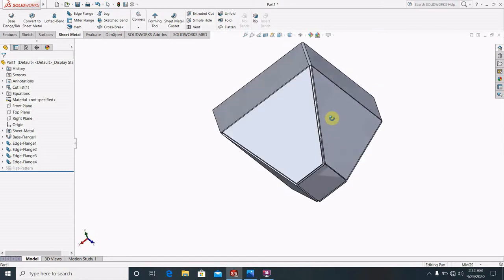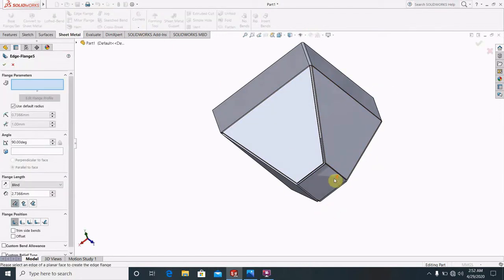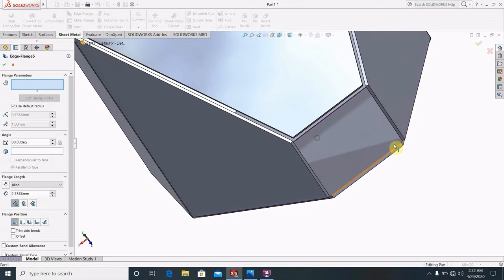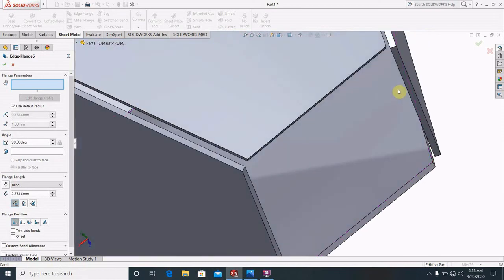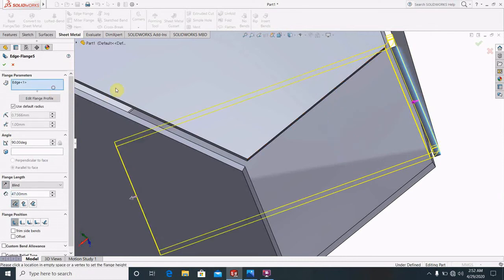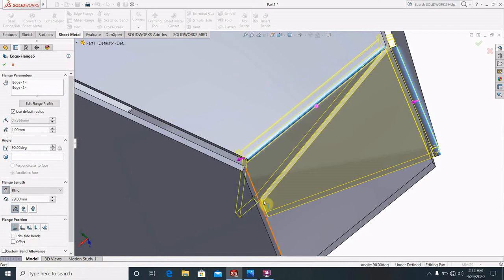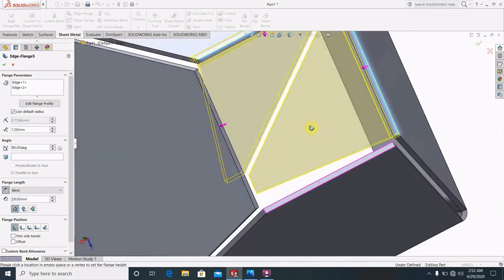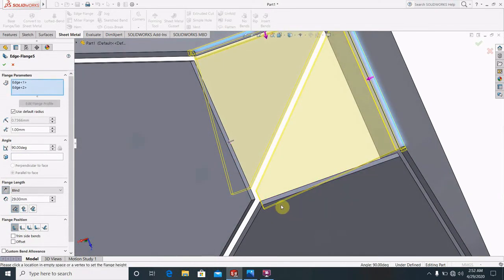Then you have to go again for the edge flange option. Just select these boundaries. Okay, just select these boundaries.